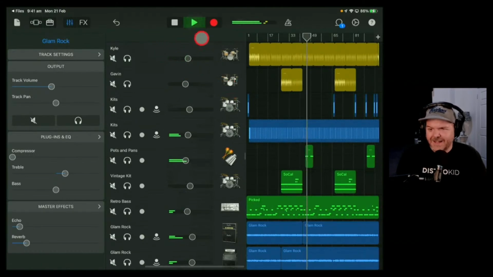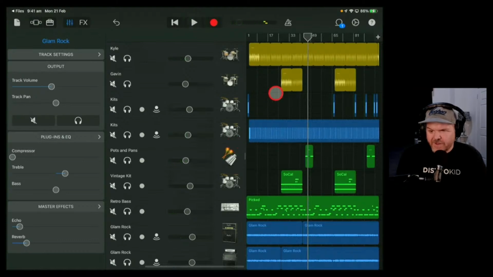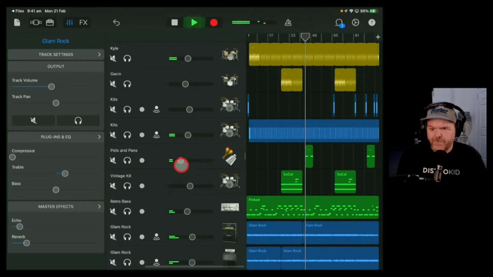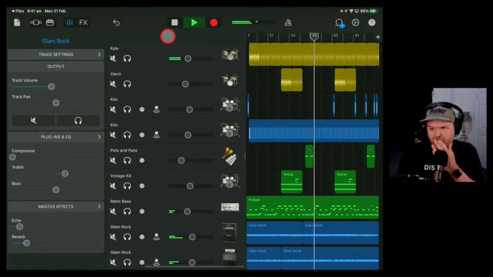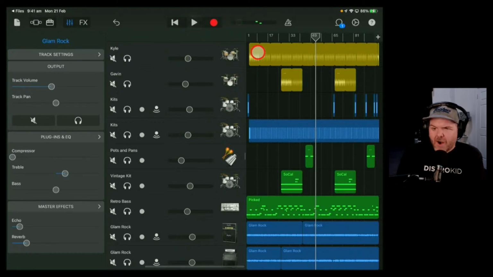Oh yeah. All right, so the pots and pans just come in a little bit loud there, so we'll just drop those off a little bit. I like them. It creates so much cool stuff. All right, so now I always say mix with your ears, not your eyes,